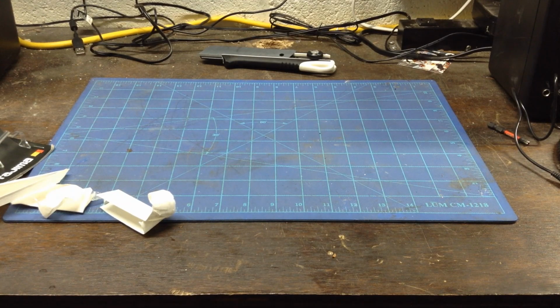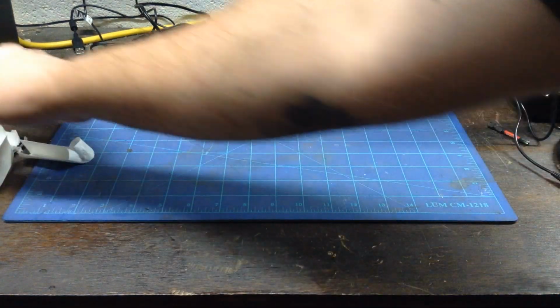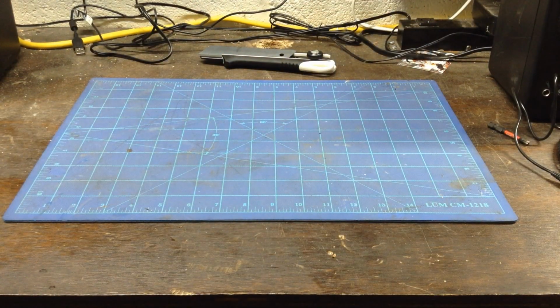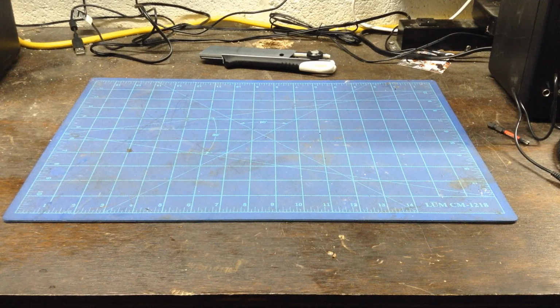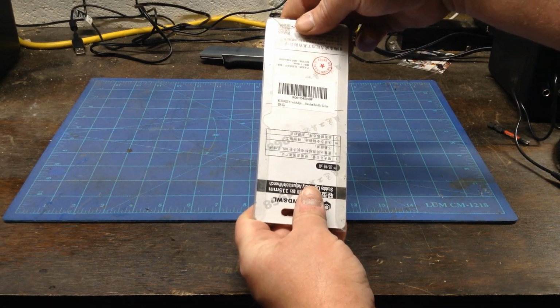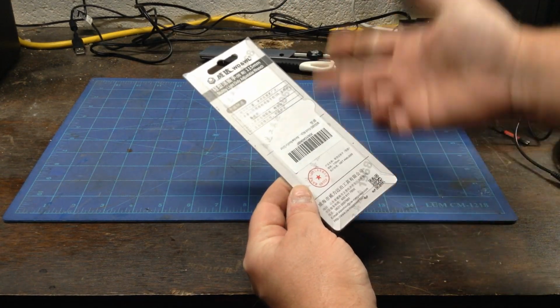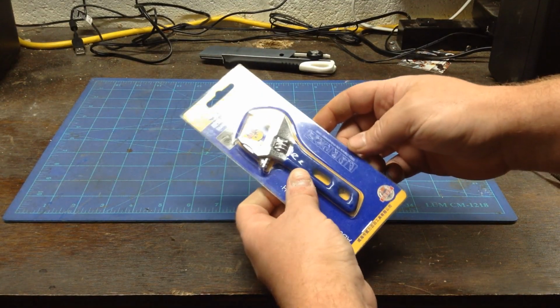So the thought behind these tools is I have a little tool pouch at work, and I wanted to put in tools that I use regularly for repairs, and see if they get a majority of my stuff done that's not remodel work or major plumbing and stuff. So I found these. It's an Asian company. I'm not sure where, but